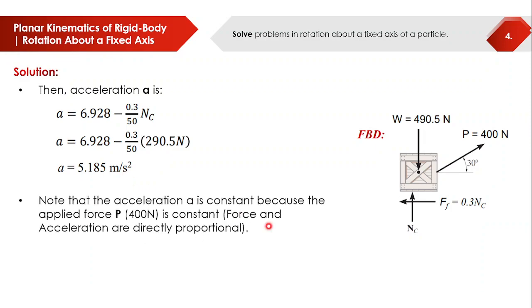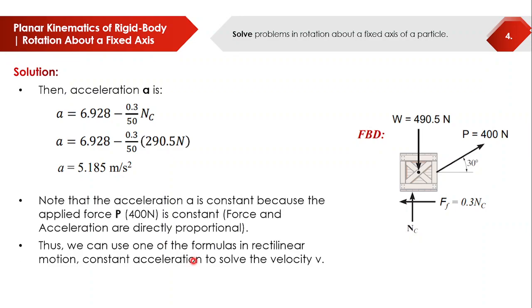So note that the acceleration A is constant because the applied force P is constant. Force and acceleration are directly proportional. So if our force is constant, then we can safely assume that our acceleration is also constant since they are directly proportional. Okay, so thus we can use one of the formulas in rectilinear motion, constant acceleration, to solve for our required